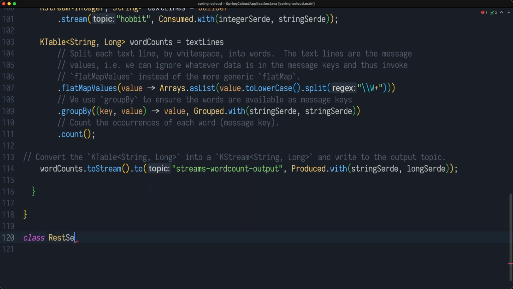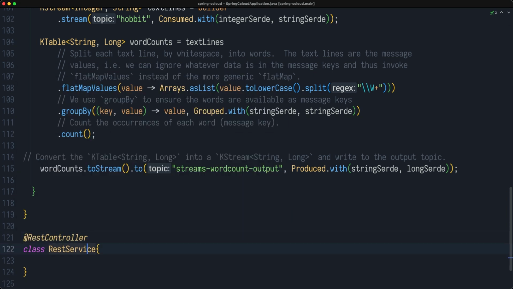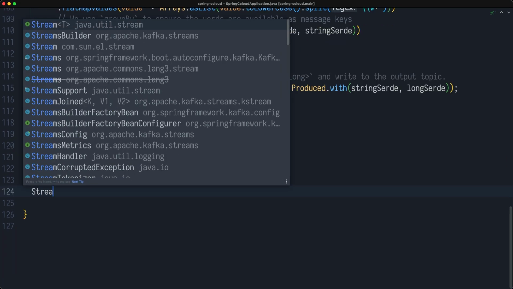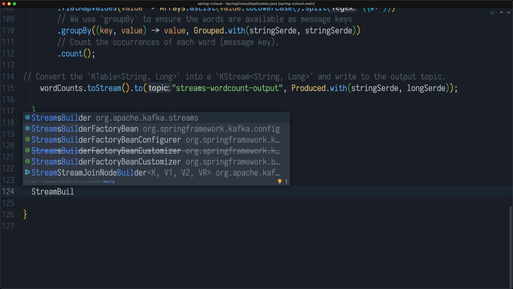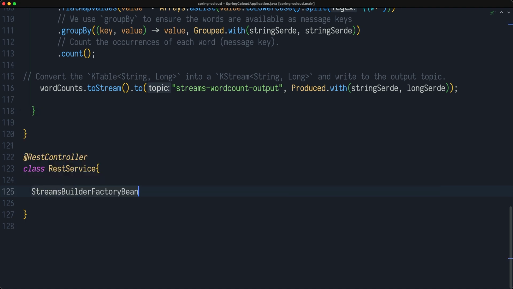REST service. And it's going to be a REST controller. We're going to be using this streams builder factory bean that allows us to get access to the Kafka Streams instance. And the Kafka Streams instance allows us to get access to a state store.